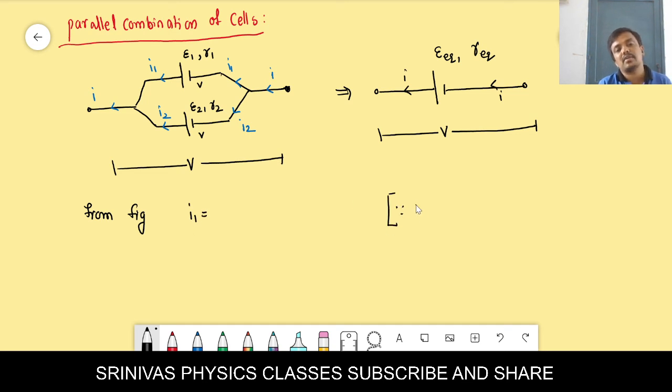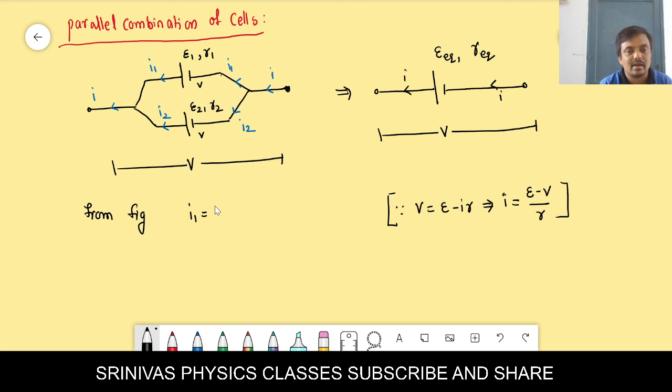We have a formula for the terminal voltage across the first cell: V is equal to E minus IR, because both the cells are discharging. Then from this, if you write the I formula, you can simplify yourself. IR taken to the left side, V taken to the right side: IR equal to E minus V, then I is equal to E minus V by R. Is it correct, students?